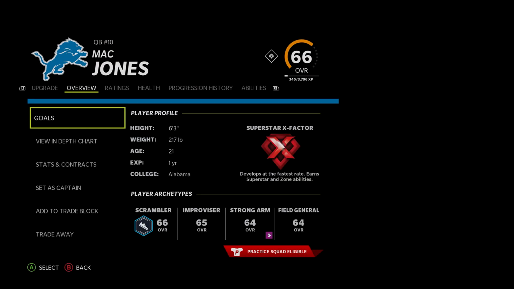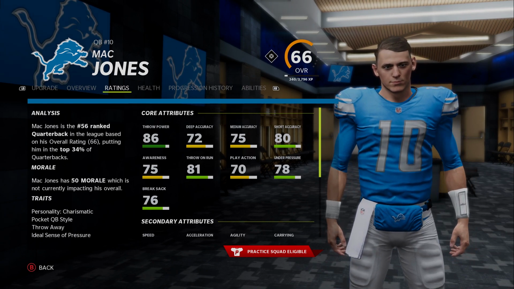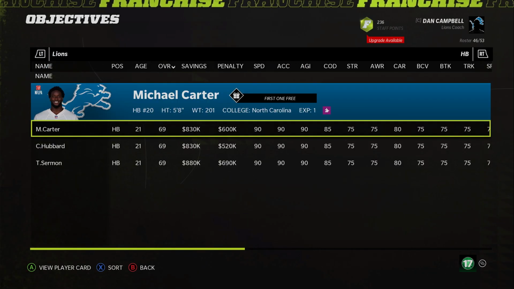But obviously it does matter what you're trying to upgrade. If you have 88 medium and 92 short, but your deep accuracy is 79, your throw power is 87, I would probably just go with the deep accuracy. But obviously this is if you're going for a base upgrade or whatever. But let's move on to the running backs now,